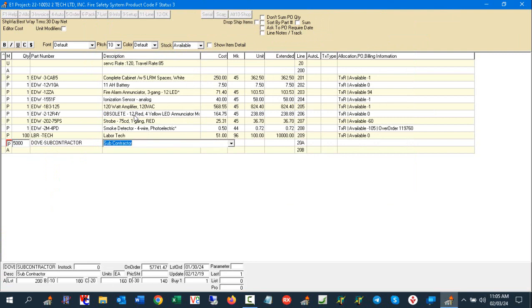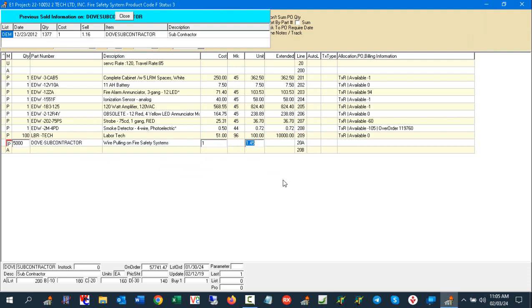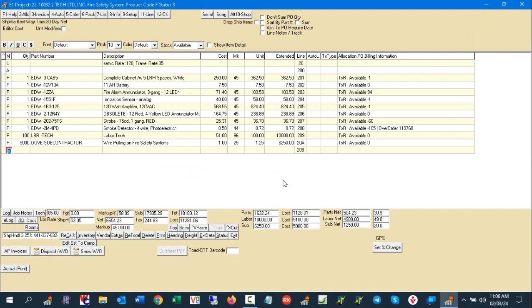And this is going to be wire pulling on our project fire safety systems. Now the cost of that labor is $1. So the cost in this project will be $5,000. 5,000 times $1. And here we can mark it up 1.25, like so. 25% up. And you see it gave us a selling price of that figure there,